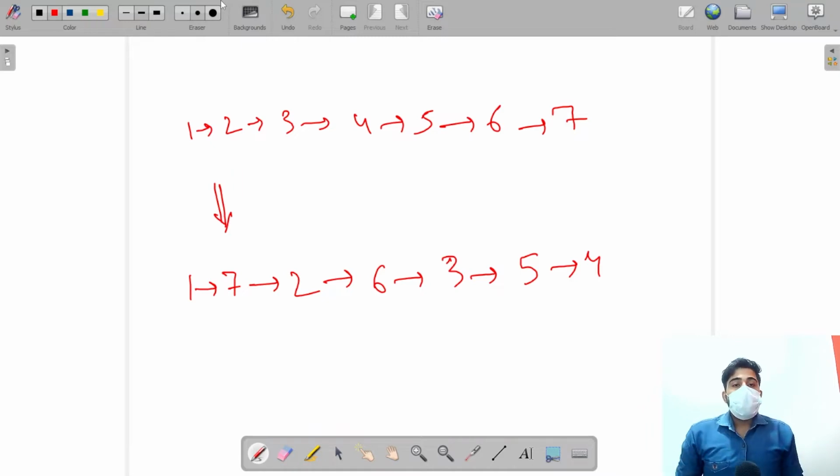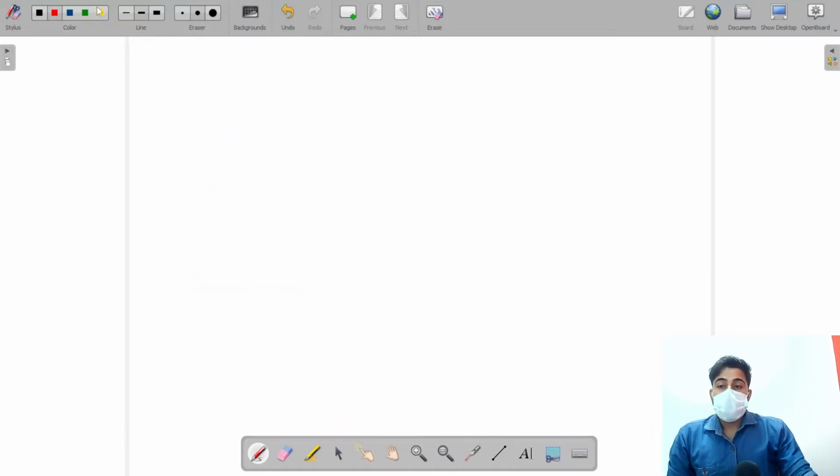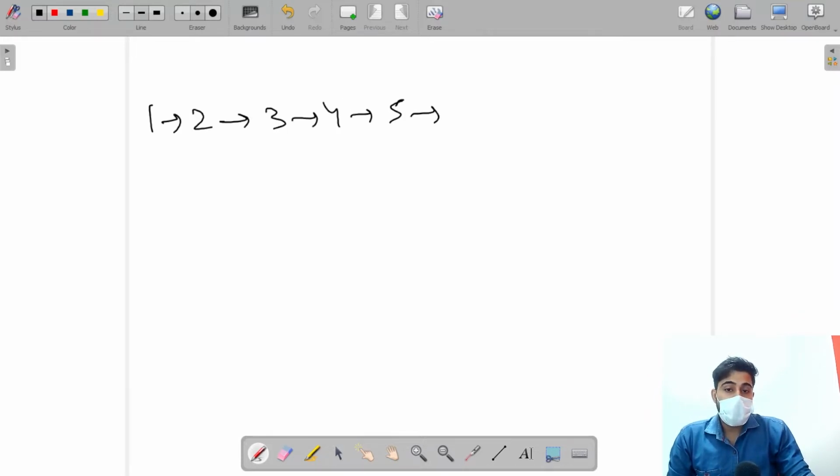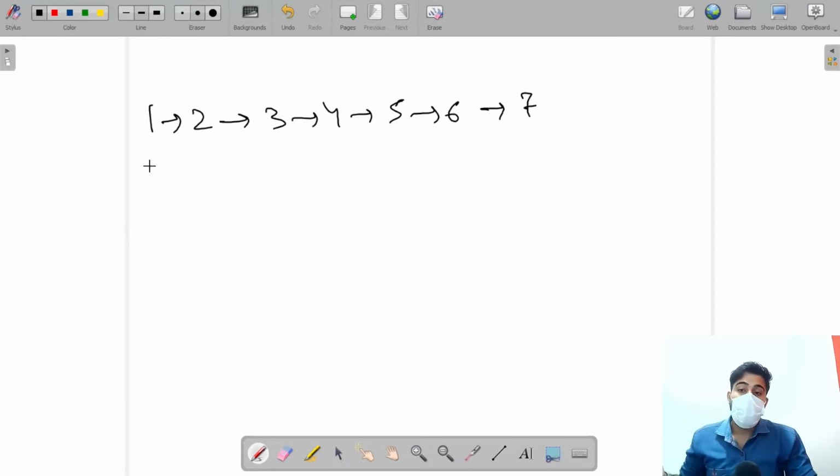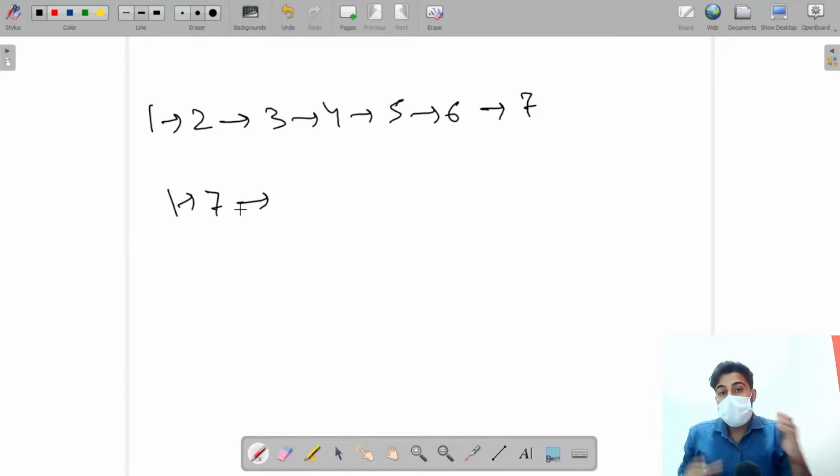So I hope you tried it by yourself. Let's try to understand the problem statement again. We are provided with a linked list like 1, 2, 3, 4, 5, 6, 7, and we need to update the links in such a way that the first node, that is 1, starts pointing to the last node, that is 7, the last node starts pointing to the second node, that is 2,